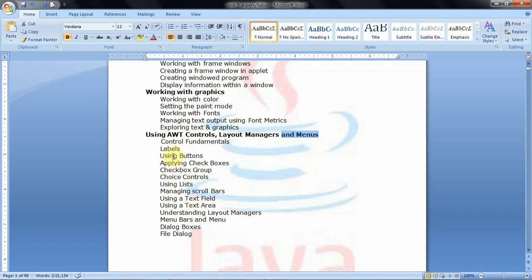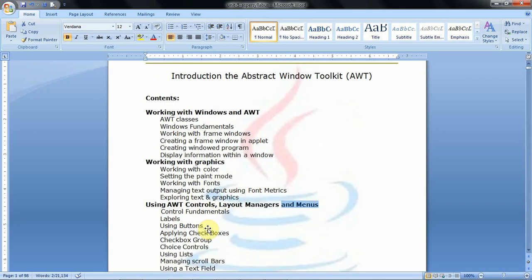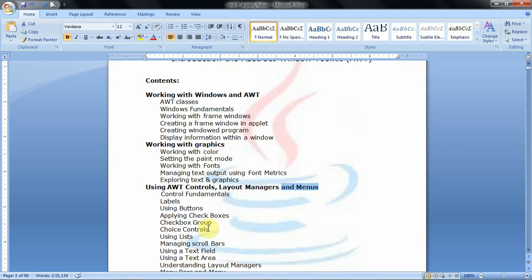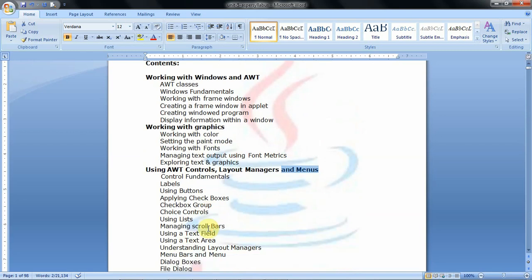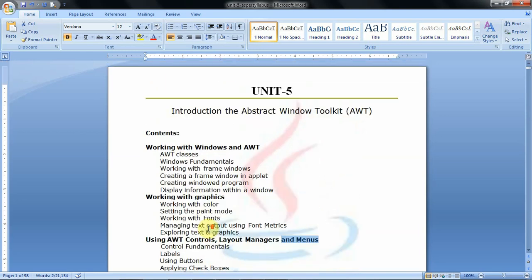We will discuss several AWT components like labels, push buttons, checkboxes, radio buttons, choice controls, lists, scroll bars, text fields, text areas, then menus, menu bars, dialog boxes, etc. We will see one by one. So these are the concepts we will discuss in the 5th unit.